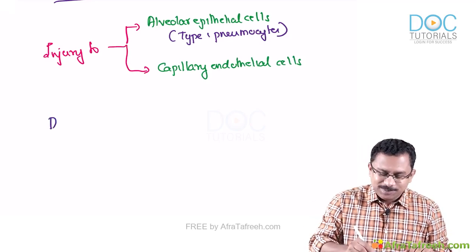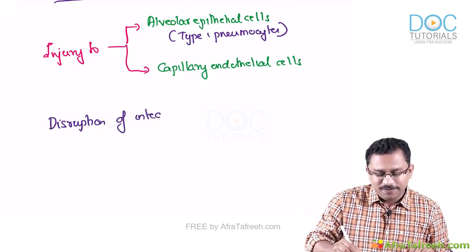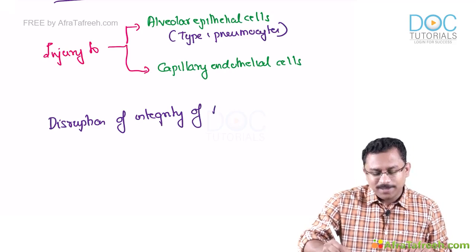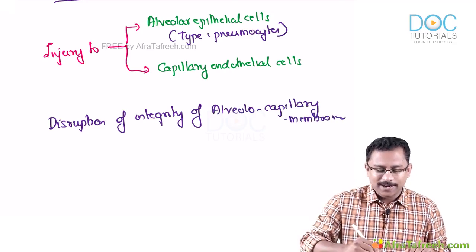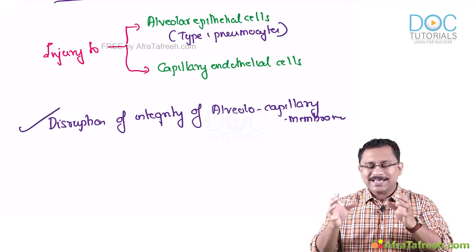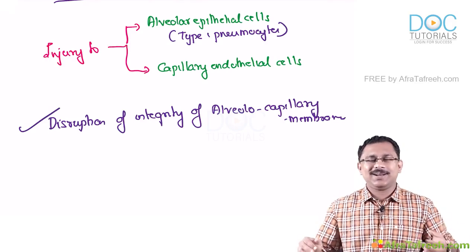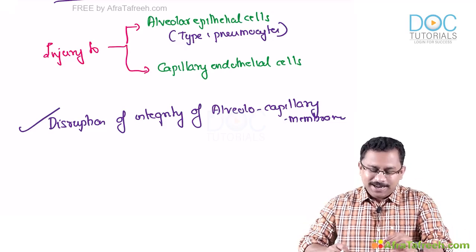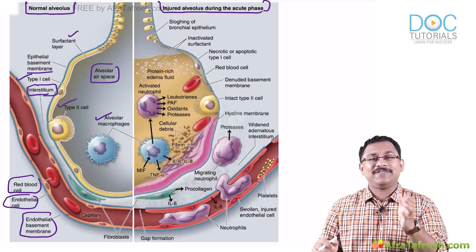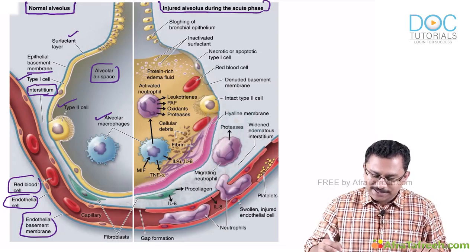So the alveolar epithelial cells and capillary endothelial cells are injured, and that will indirectly or maybe directly cause what? A disruption of the integrity of the alveolo-capillary membrane. So that is what happens. Now, when such a disruption of the integrity happens, there occurs leakage of substances. Till then, there was a tight compartment just allowing the diffusion of gases. But now there occurs exudation. You remember the first stage was exudation. So in this part of the picture, you get an exudation.